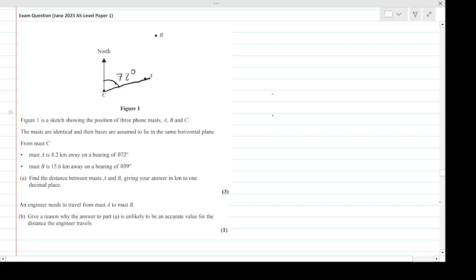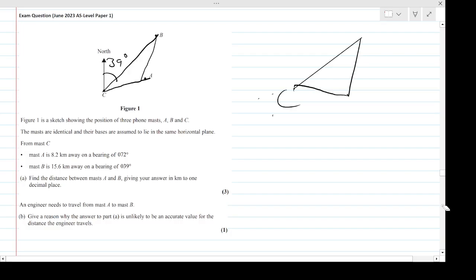And then from B, the bearing is 39. So then, if I connect to B then, oh, probably have to get rid of this, apologies. So then if I connect it to B, that bearing, that angle's 39. So the angle between the north line and the line connecting to B, that angle's 39. Well then it's asking for the distance between A and B, which is this length here. So we get a triangle, right, between C, B and A. So if I draw it here,